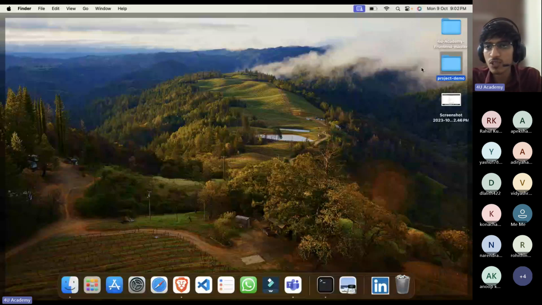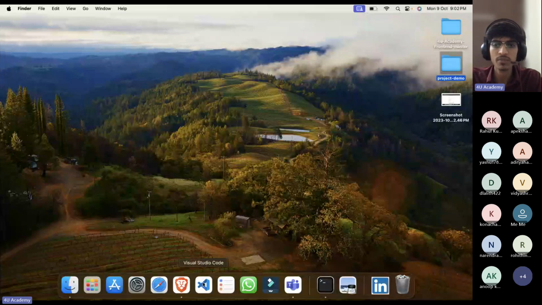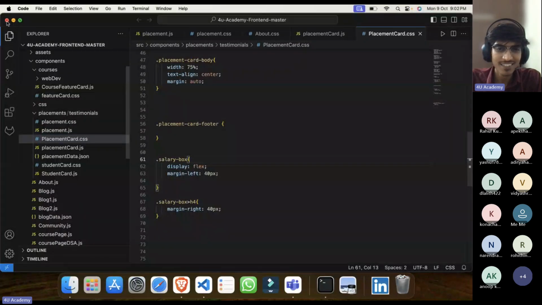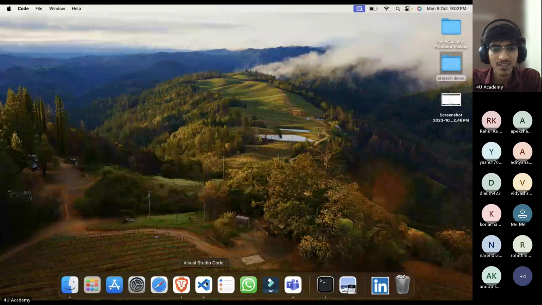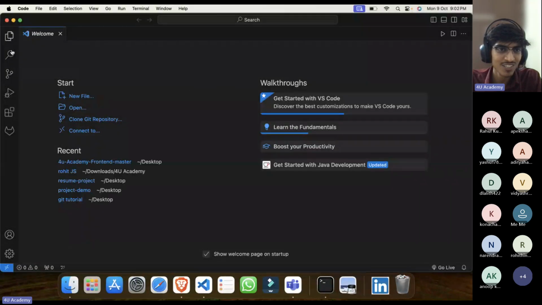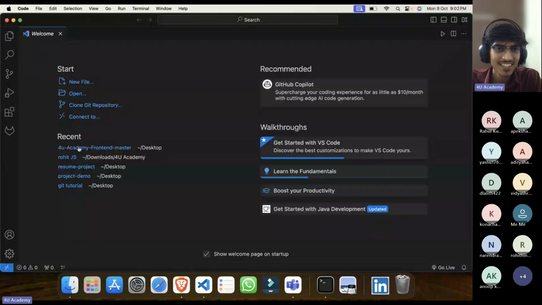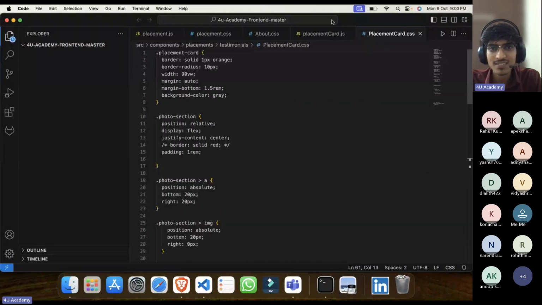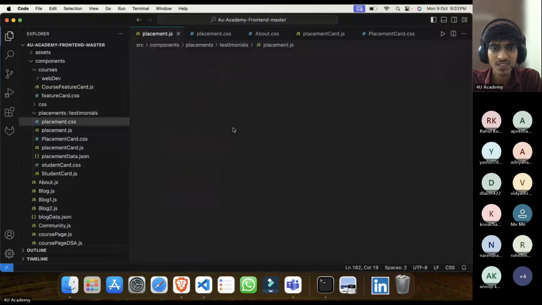I named the folder and I'll open my VS Code. Let me just show you what you will be learning when you complete this full stack. You'll be coding this kind of stuff.